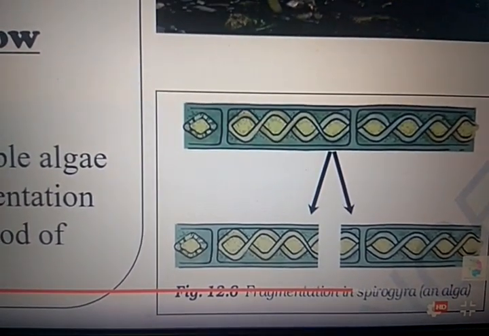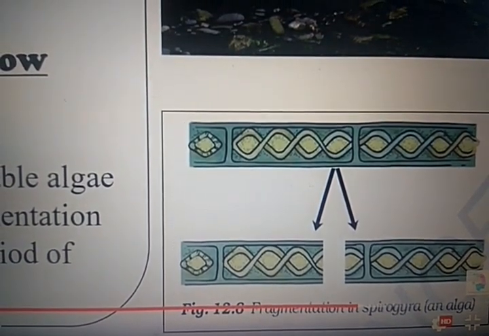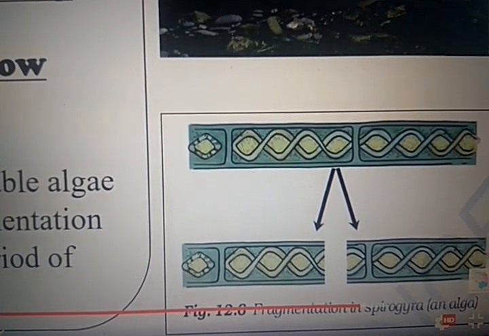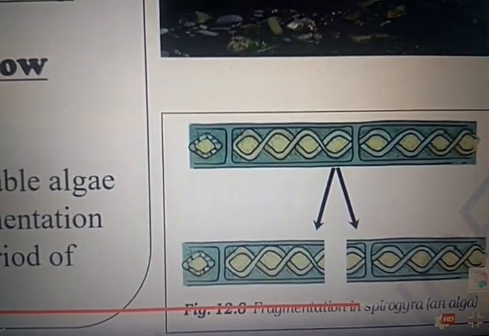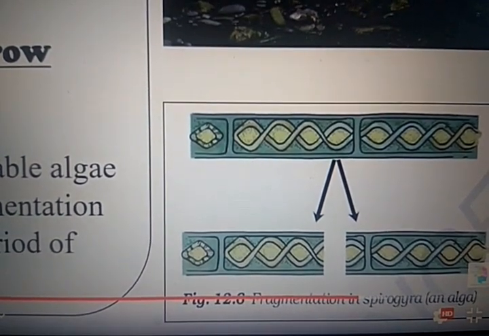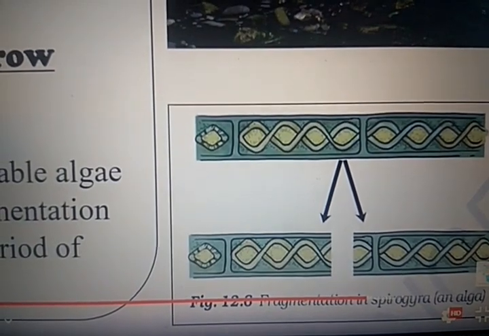Like this way it is fragmented, it divided. It is an asexual type of reproduction, that is fragmentation. Best example is algae, and Spirogyra is one of the algae.